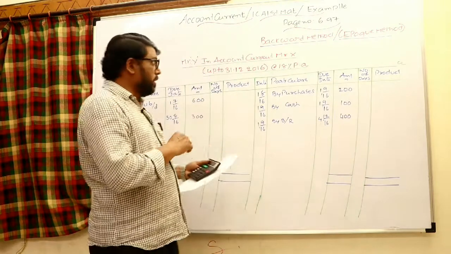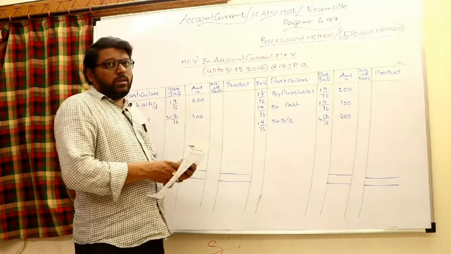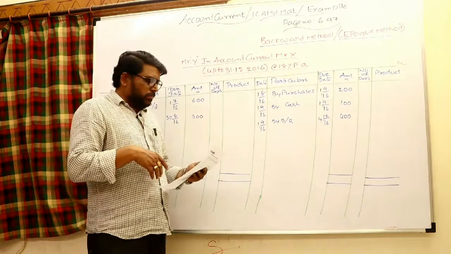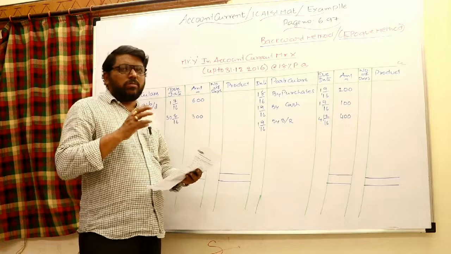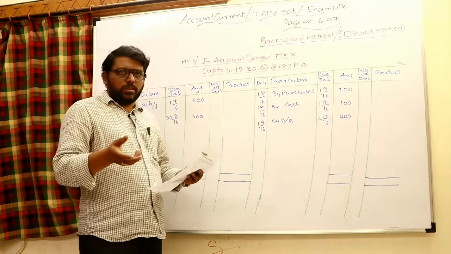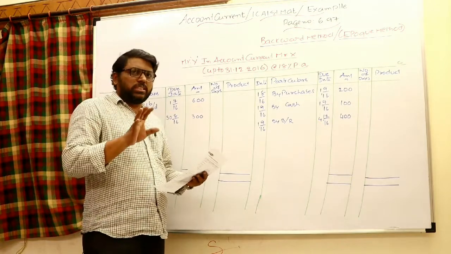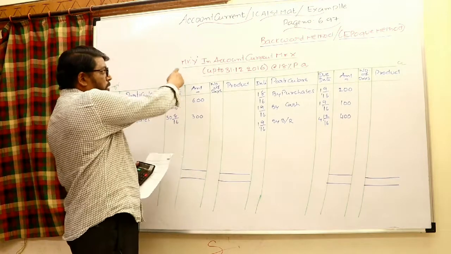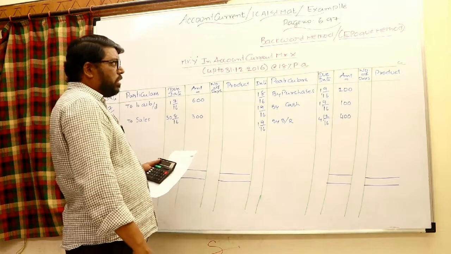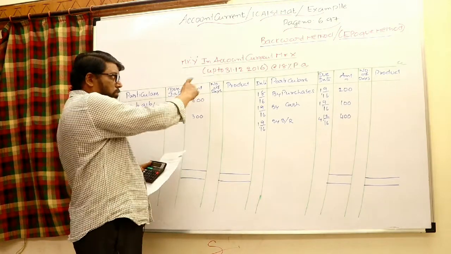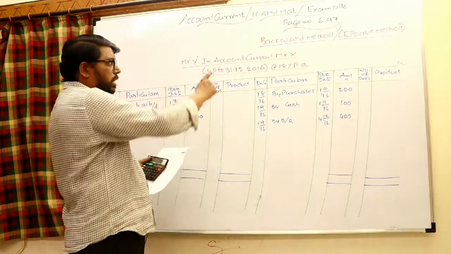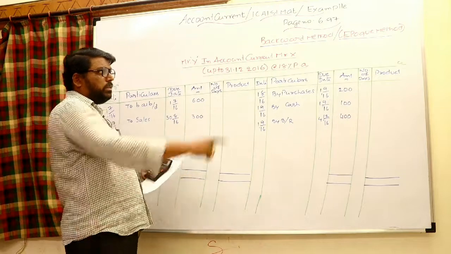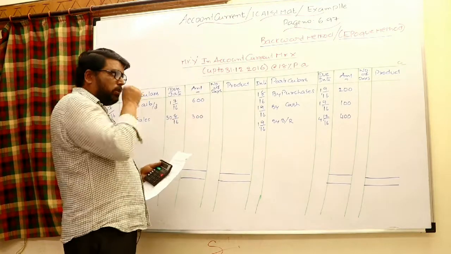Now we can work out the same example problem by the reverse method, the epoch method, which is called the backward method. Whatever way we worked out the forward method, the backward method is quite similar, but a few changes you have to consider. Same, you can put the heading like Mr. Y in account current with Mr. X up to 31st December 2016 at the rate of 18% per annum interest, but with the backward method, which is also called the epoch method.